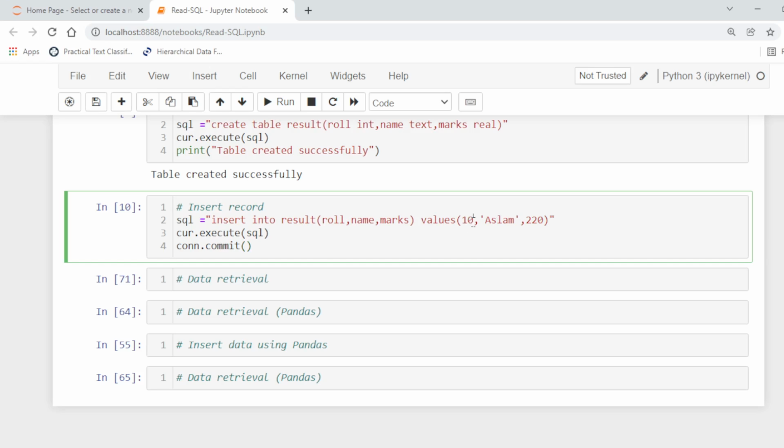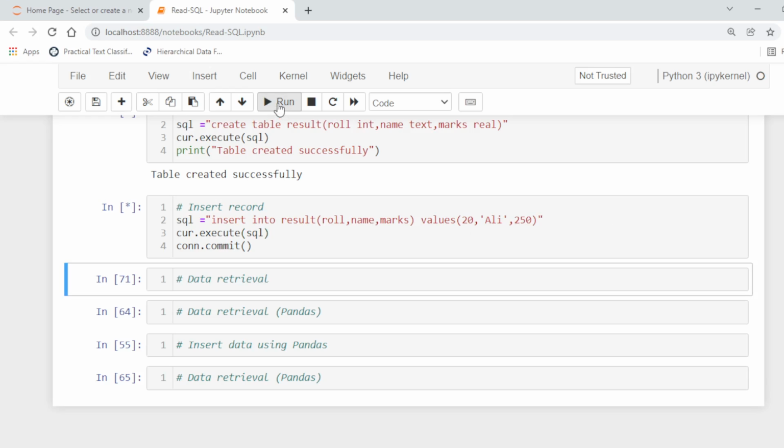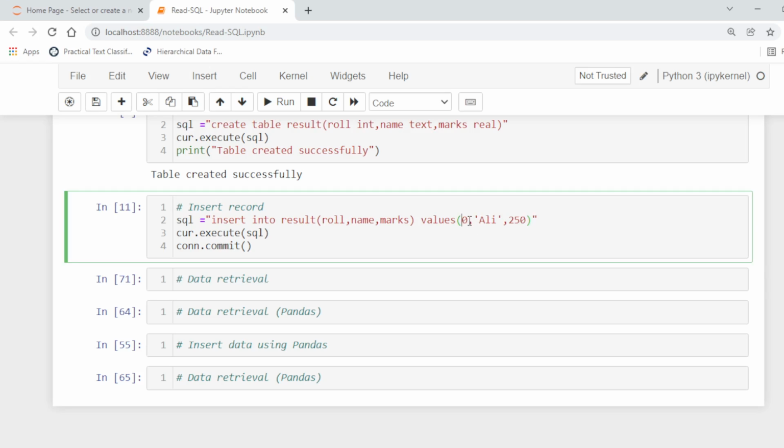Similarly, we can insert another record, for example 20 and 250, and let's say this is another record.